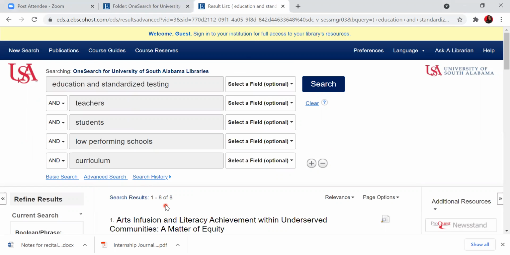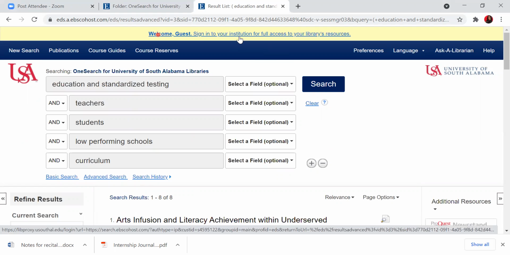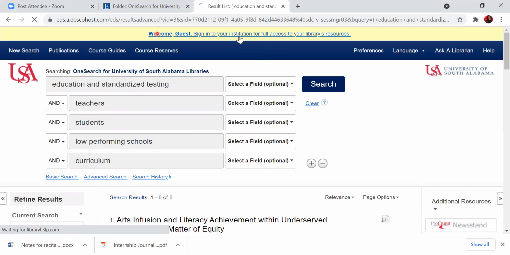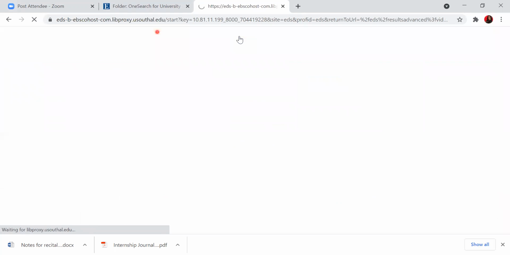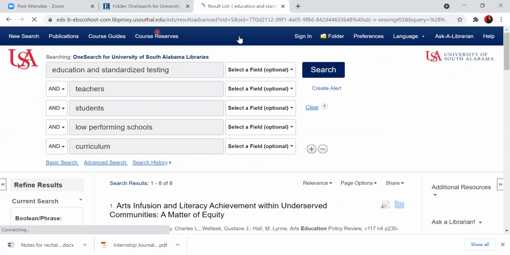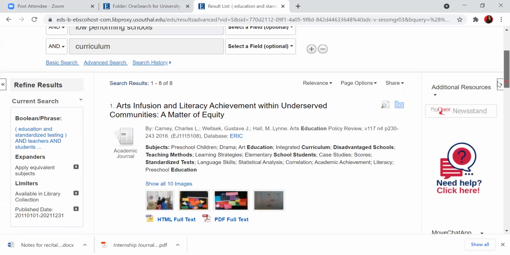So you have to make sure that you are signed in. If you get this up here at the top, make sure you click on it so that you'll be signed in to your institution, which is University of South Alabama. You have to put your JAG number and your password. So now I am in. Notice that I have 8